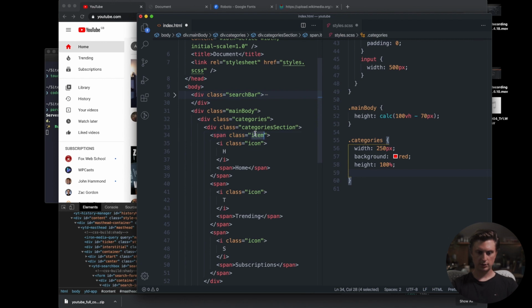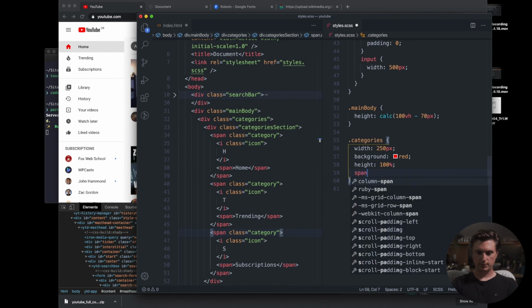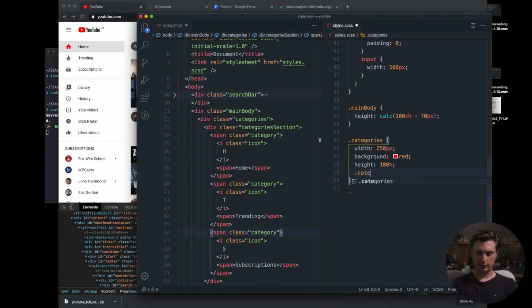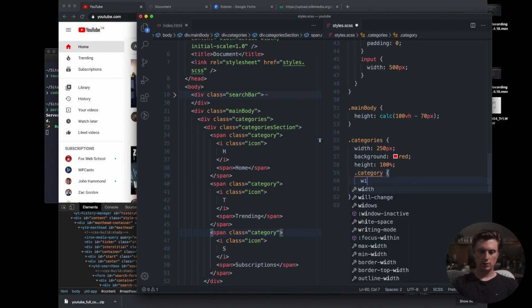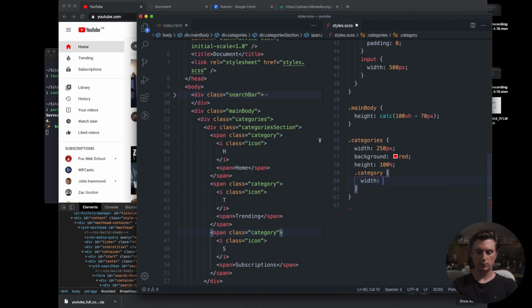We'll call them category. Do span, I'll just do dot category, we'll do width 100%, display flex,